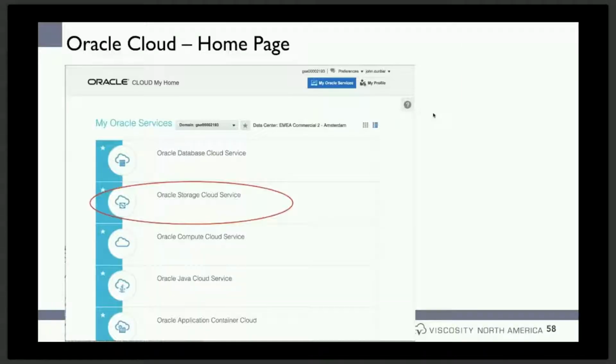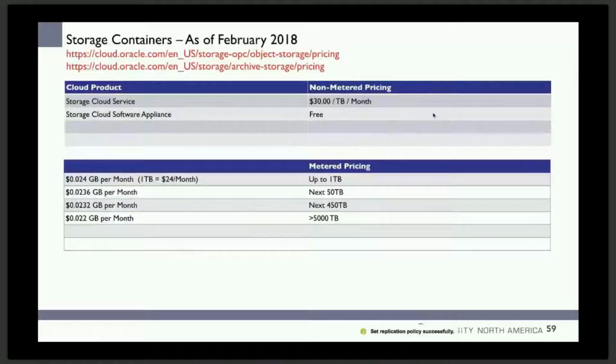Okay, so we talked about database backup cloud service, right? If you think about where all the files land in Oracle Cloud, it's going to land in the storage cloud. All the databases that you back up will reside inside of a container in object storage, right? And object storage is $30 per terabyte per month, right? And you have the option for non-metered as well as metered. And the more you use, the cheaper it gets. Okay, as you can see, the storage cloud software appliance is free as long as you are consuming storage cloud